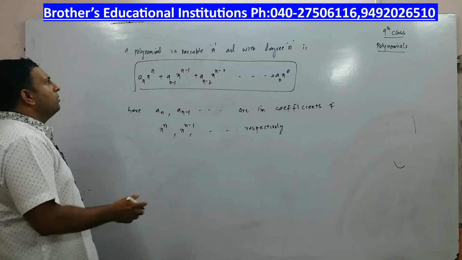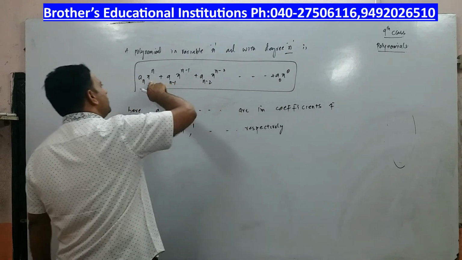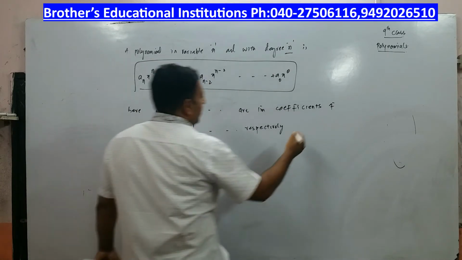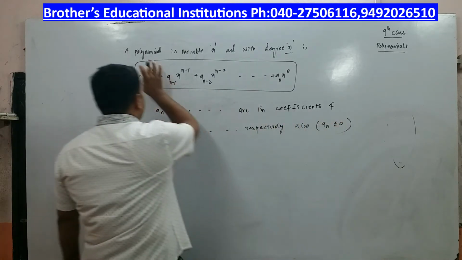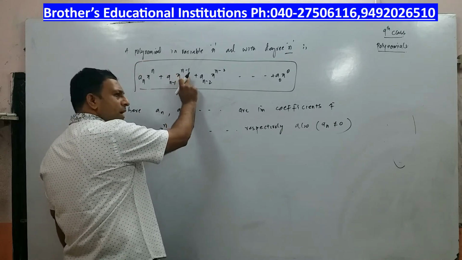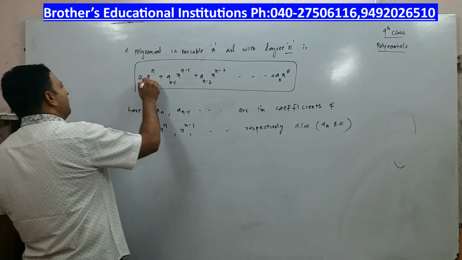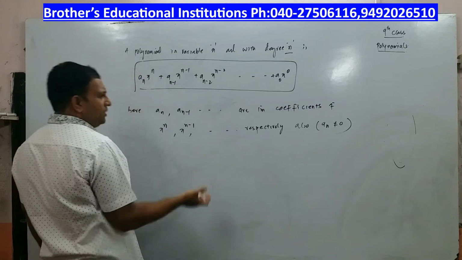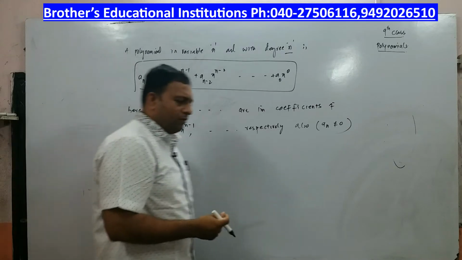And also, because you are saying that the degree is n, the coefficient of x power n is a n, and that a n cannot be 0, right? Because if a n becomes 0, then the degree is not x power n. The degree of the polynomial will be n minus 1, right? So please do remember, whatever is the highest power for that particular variable, that variable's coefficient should not be 0, right? Otherwise, this will not hold the highest degree. So that is how very simple it is.